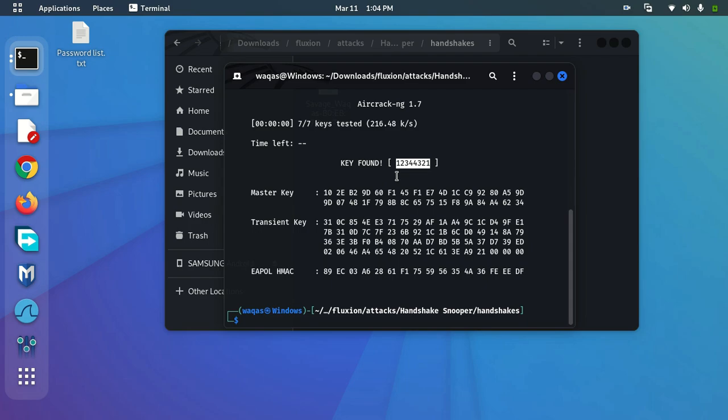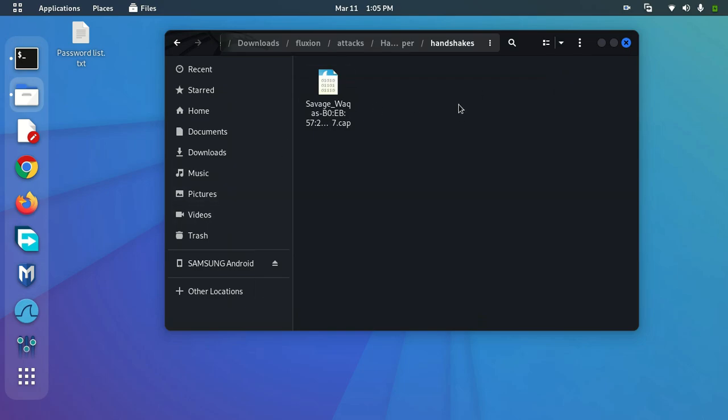Because I already know my own Wi-Fi password and the password list was very short, that's why it decrypted so fast. Yours can take much more time depending on the password list and your GPU performance. Now this was the old method that we used to crack Wi-Fi passwords. Now we will learn the latest method.